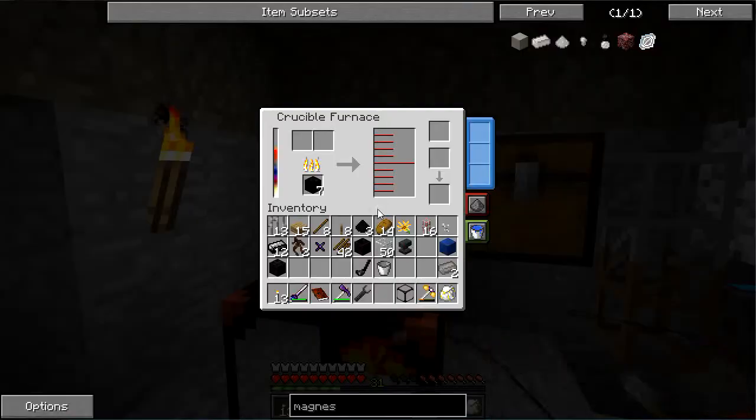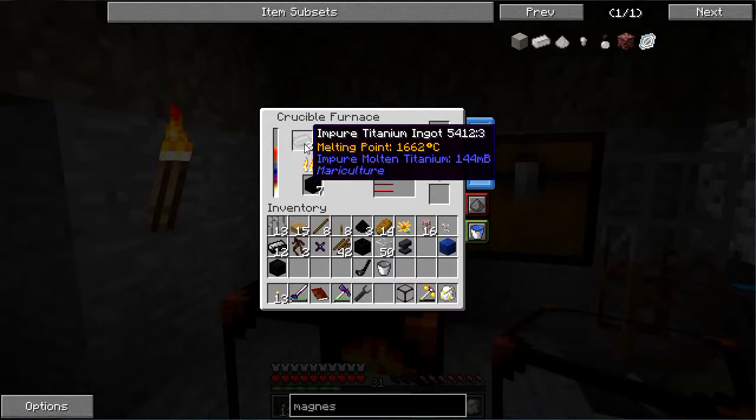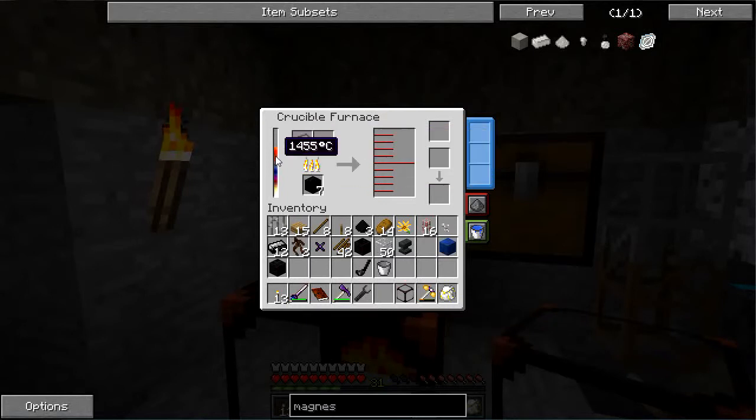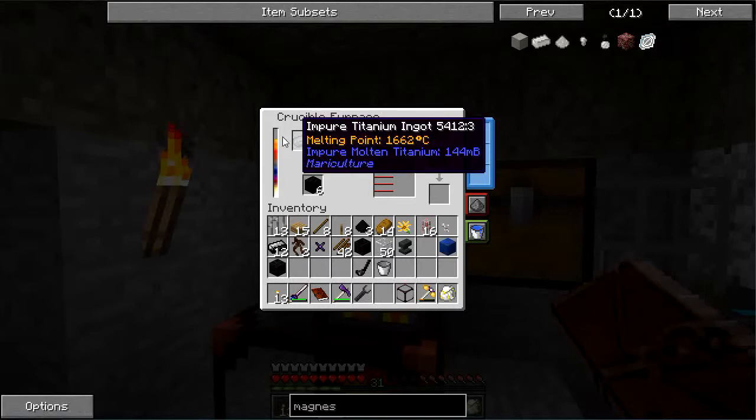But, this is what it's going to take. So, only up to 1400. I need 1600, so let's just wait this out. Alright, we're getting close. At 1662, this should engage. And there we go, starting to tick. Awesome. So, once this melts down